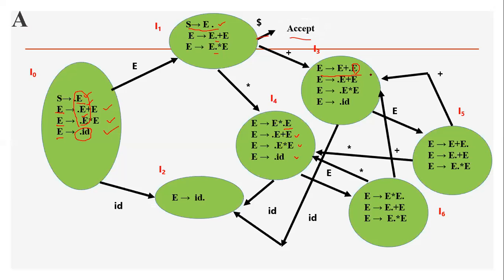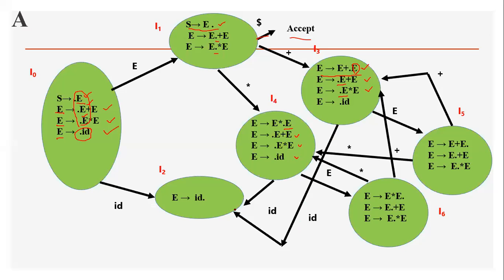Now, next, come to this I3 once again. See, first on E, you will move to next state. So on E, if you move to the next state means here, see E at this place, we are having E at this place, we are having E at this place. Is it not? All you have to move together. So what happens? E derives E plus E dot, then E derives E dot plus E, E derives E dot star E. Like that you will get the production. Then this 3 is over. Next is ID. So E derives ID dot. That is already there. You just connect to that.